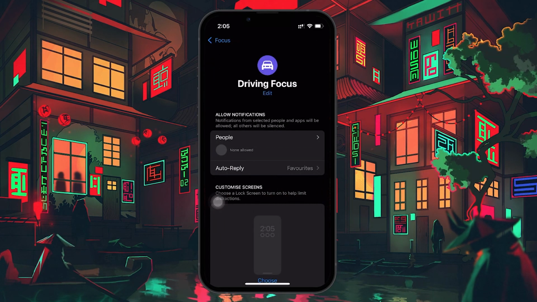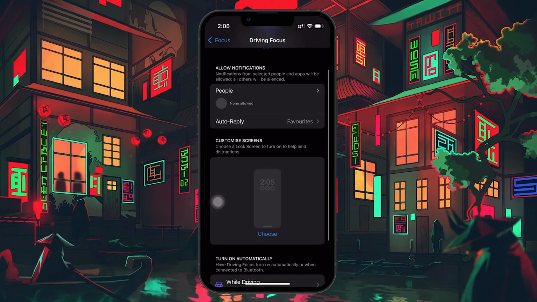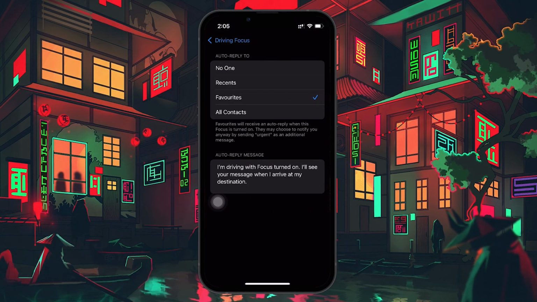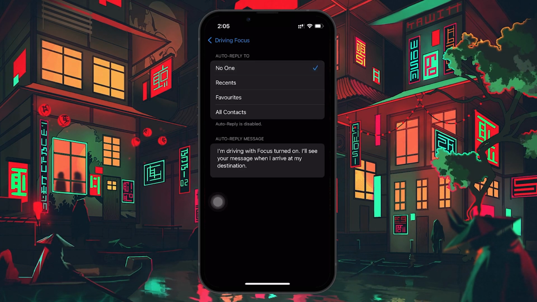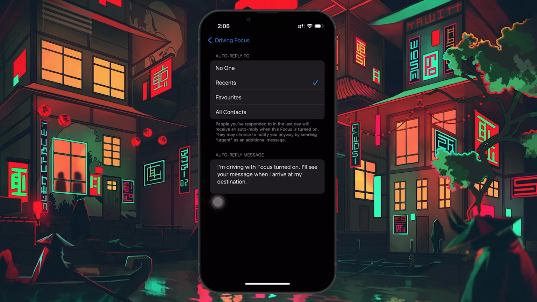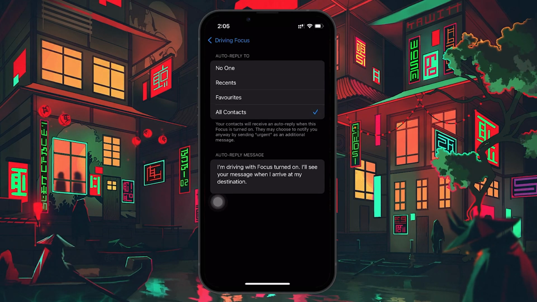Within the driving focus settings, you will see an option for auto-reply. Tap on auto-reply and you'll be presented with options for who will receive the auto-reply. You can choose to auto-reply to no one, recents, which means people you've recently contacted, favorites, or all contacts. If you want the auto-reply to go out to everyone who texts you while the driving focus is on, select